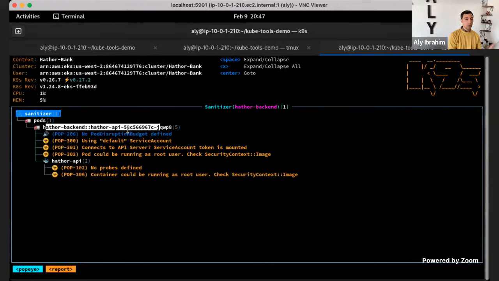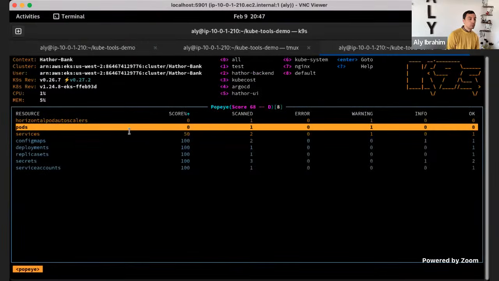You can also add your own rules in that, but it's a very good intro tool. Probably within your organization, you will have a complete list of security checks. This could be one of them. But it can give you some guarantee that at least you're following the best practices. You're not just running your pods with regular things, and you're trying to adhere to the standards as well.